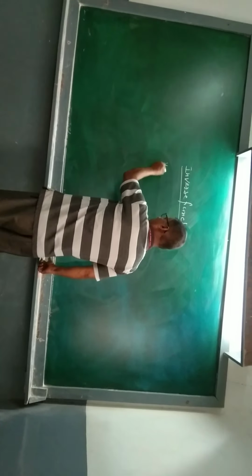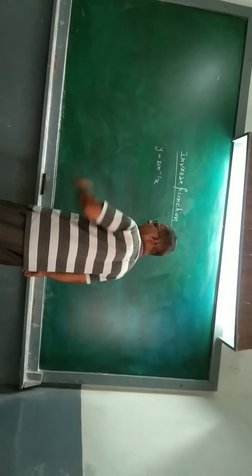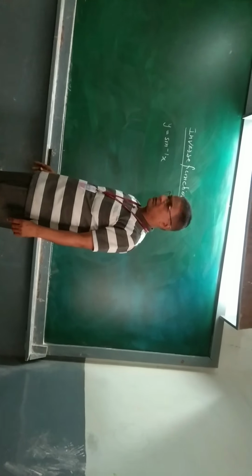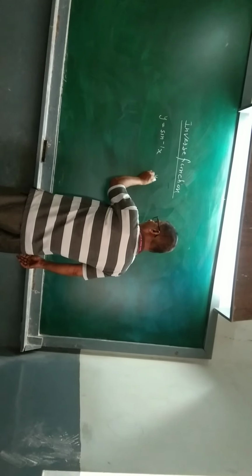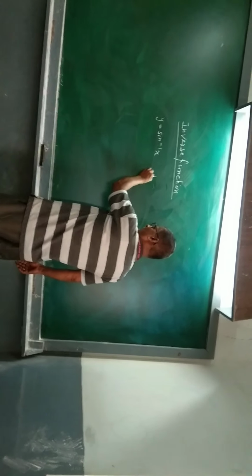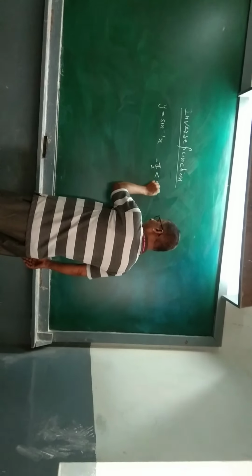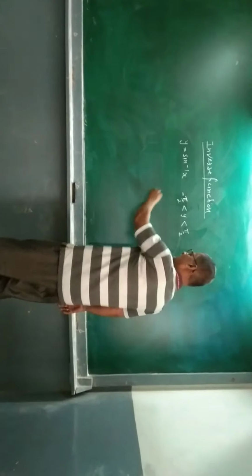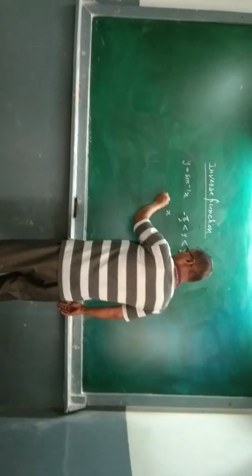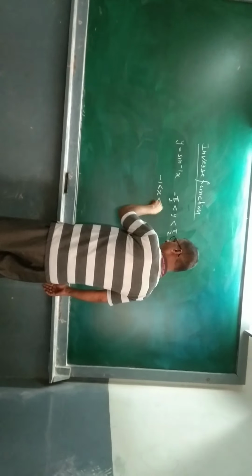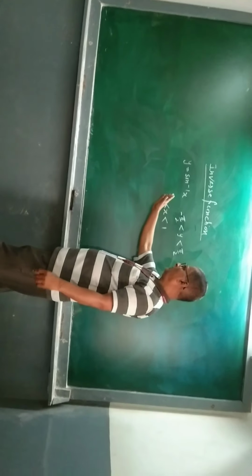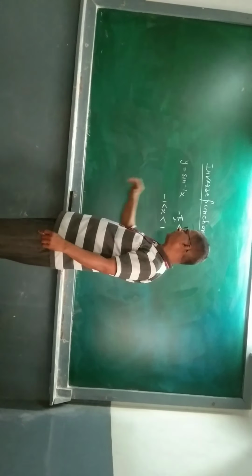Take y is equal to sin inverse of x. If you have to find the derivative of sin inverse of x, then y and x are the range and domain of the corresponding function. Here y is always in this way: minus pi by 2 is less than or equal to y and y is less than or equal to pi by 2. This is the range of the function. As well as minus 1 is less than or equal to x is less than or equal to 1. This is the domain of the function. Here y is equal to sin inverse of x, and we have to find the derivative of this function.